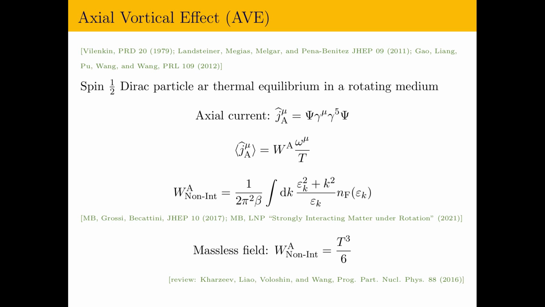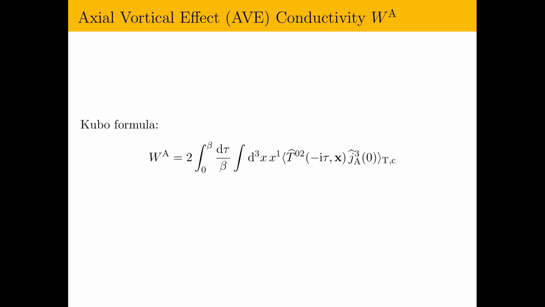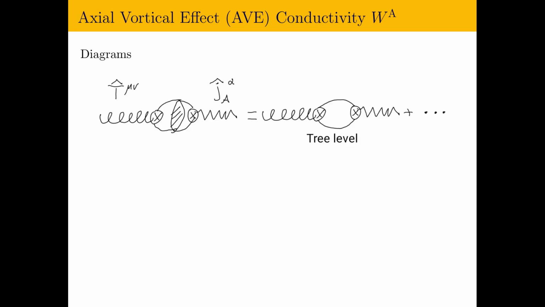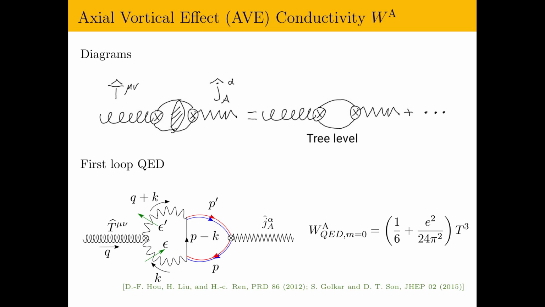In general, for any microscopic theory, the AVE conductivity can be obtained by this Kubo formula. This formula involves the thermal average of the product between the stress-energy tensor and the axial current, or, in terms of Feynman diagrams, is obtained from this diagram. The leading tree-level diagram gives the result shown before. For massless quantum electrodynamics, or QED, the first loop diagrams were also considered. They found that only this diagram can contribute to the AVE, and the result is the following, where e is